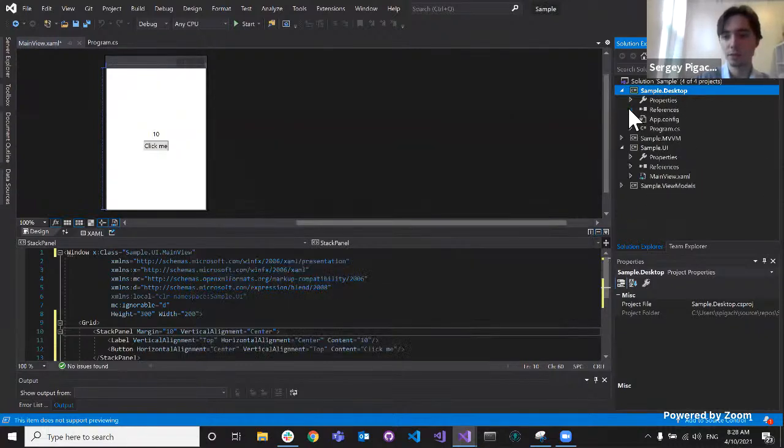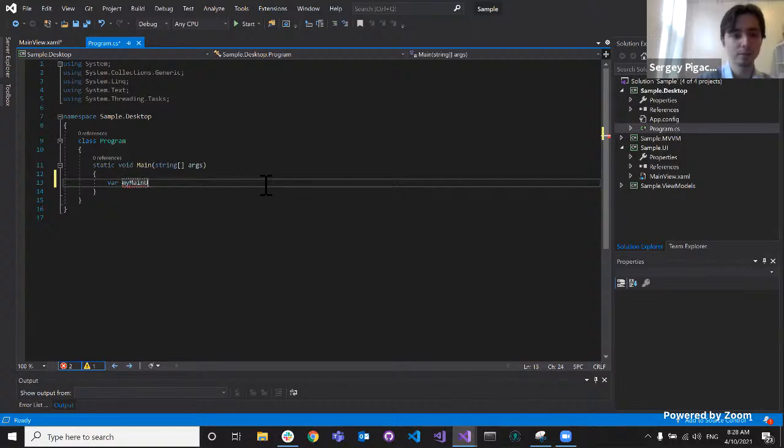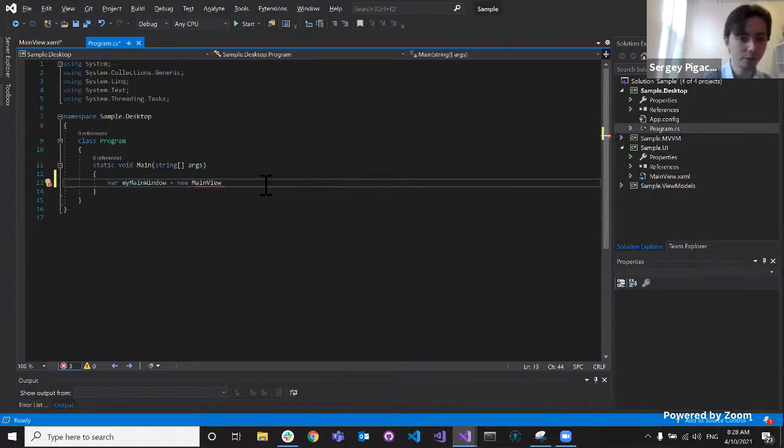And this will allow us, if we go to program.cs, we can say my main window equals new, we called it main view. And I'm going to hit Alt-Shift to